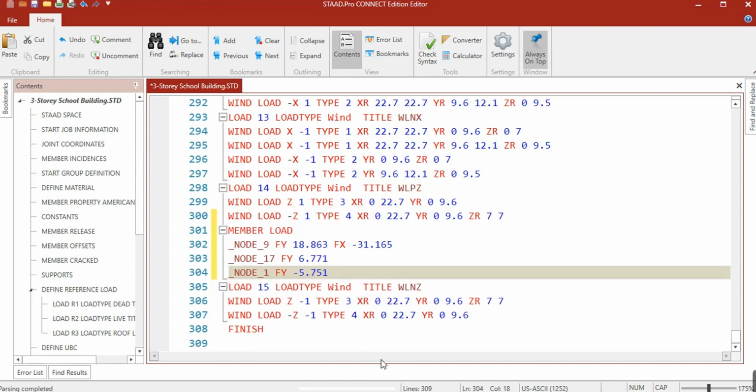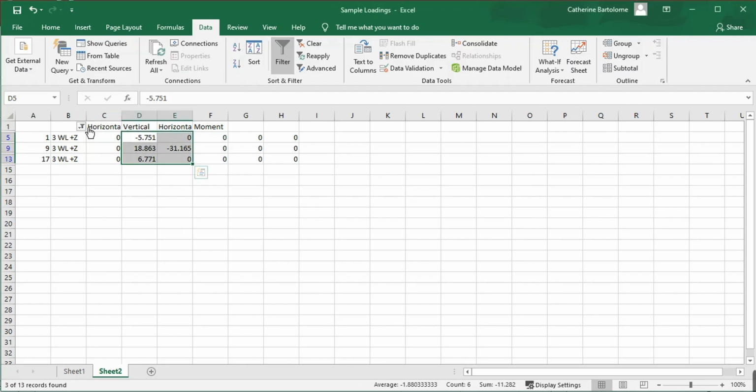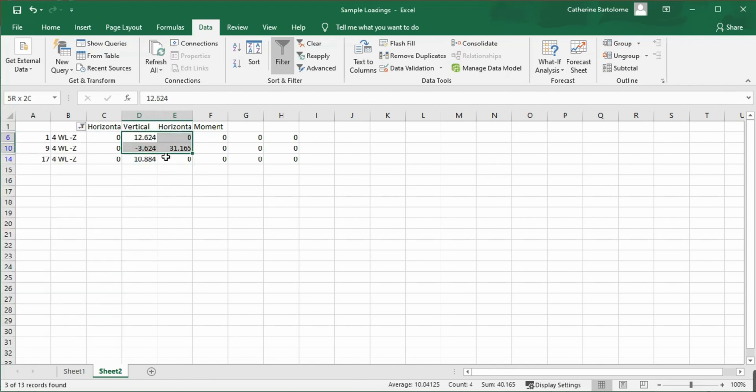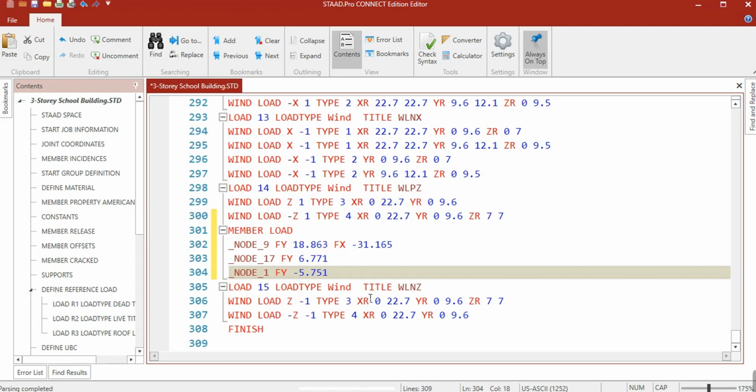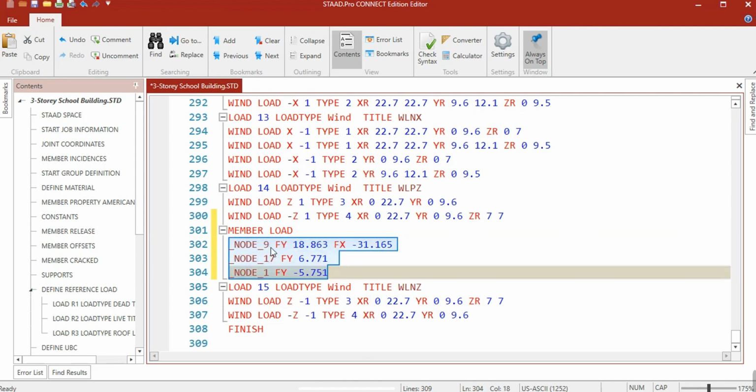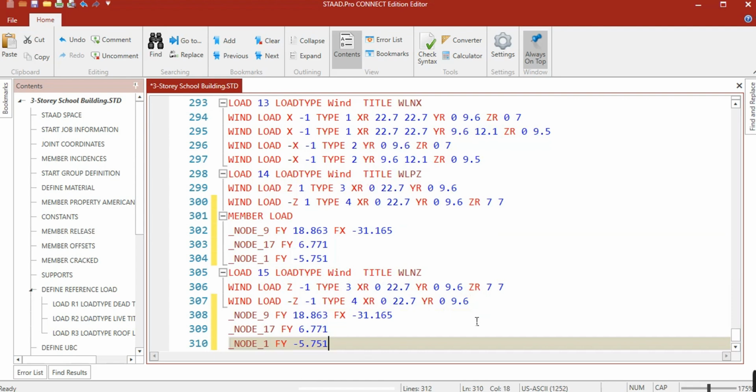And for WNZ, let's take a look again. So these are now the values for WNZ. Okay, so going back to our STAAD editor, the good thing here is that you can copy this and then paste it here.